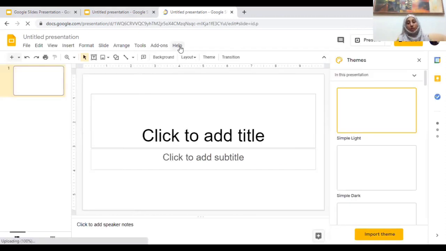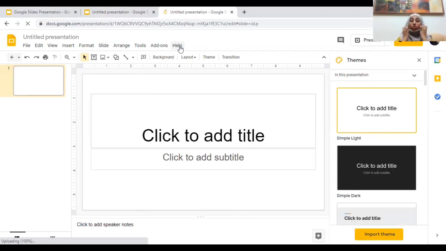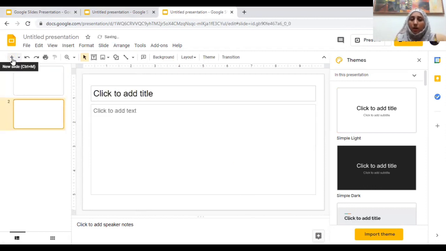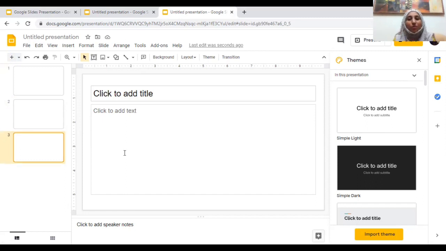Okay, so first I'm going to tell you how to add slides to your presentation. Here we have only one slide. So I'm going to add a new slide by clicking over here. You can see the new slide is over here. Now you can add several like this, 3 or 4. And what you have to do first, you have to name your presentation. So I'm going to name it,